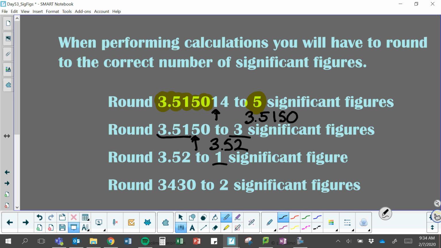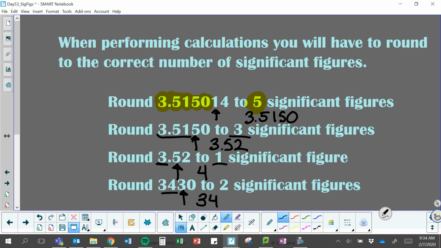This next one, we only want one significant figure. So to get this one significant figure, we have to look at the number right after it. So this one is 4. And then our last one here, we're rounding to 2. So we have to look at the third place, and it will be,